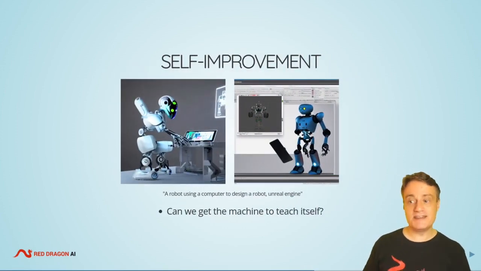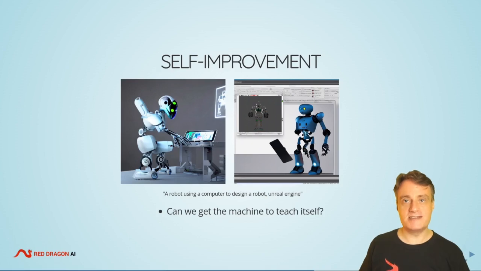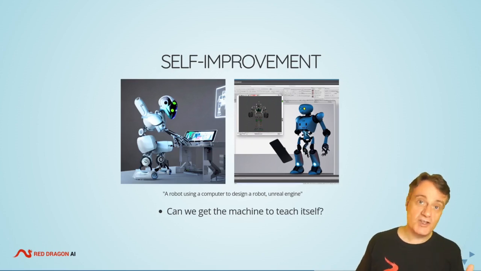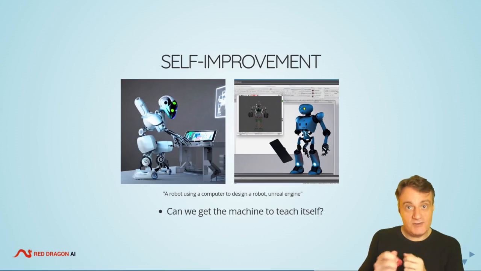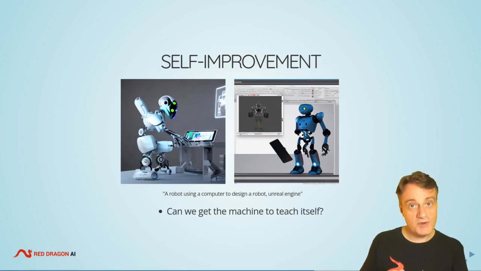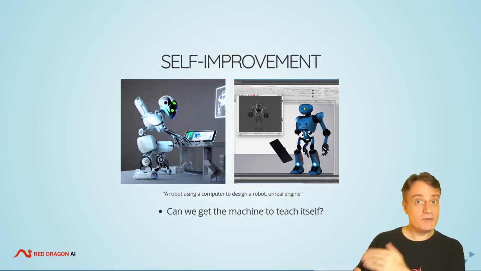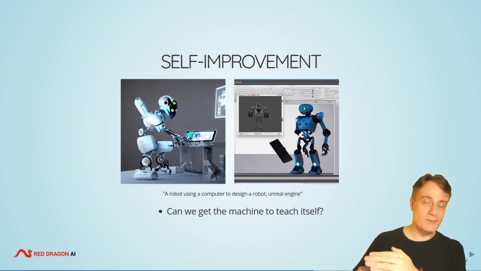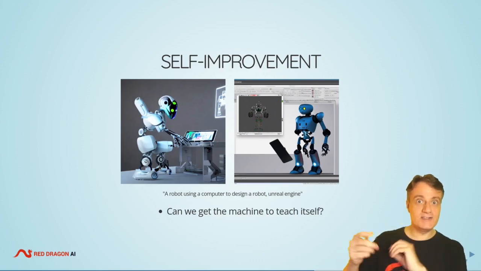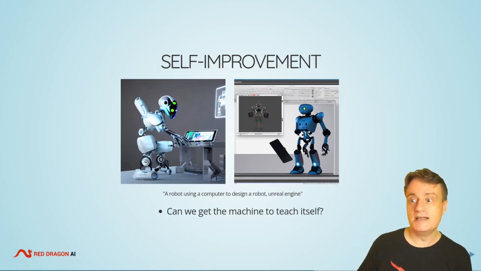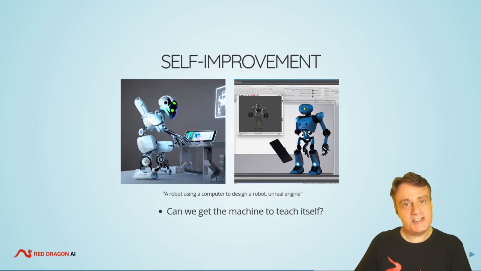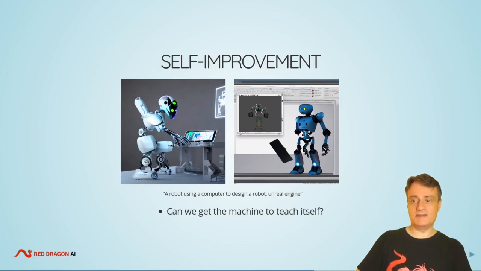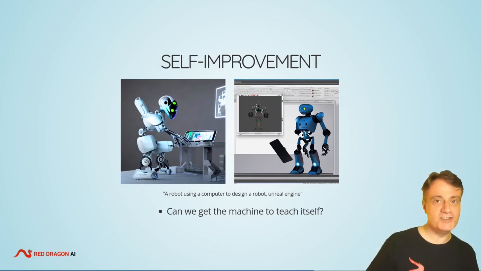Okay, so now let's move on to the final of the 3 topics, self-improvement. So in terms of self-improvement, we've talked about learning from huge data sets, then fine-tuning on a curated data set, learning from humans by a human feedback thing, also trying to prompt yourself, getting the model to essentially rank how well it does on a variety of its own prompts. In terms of self-improvement, can we actually get the machine to teach itself? So this is a diagram of maybe the machine making itself.